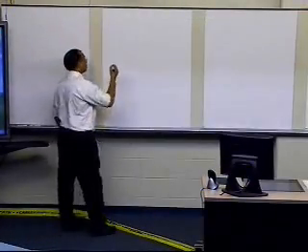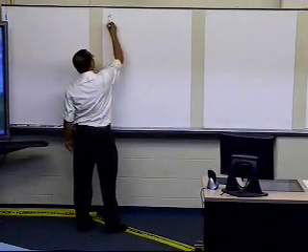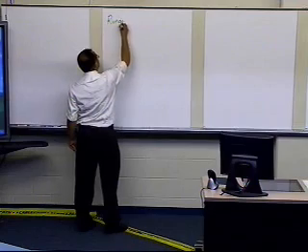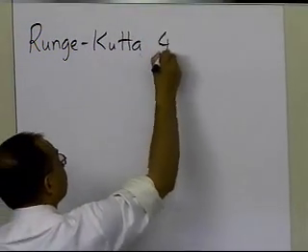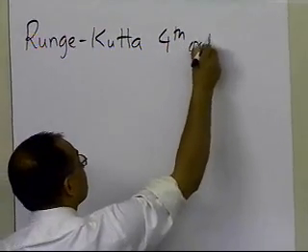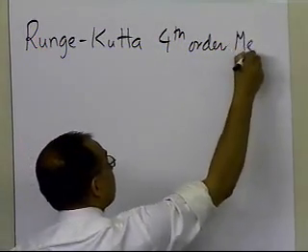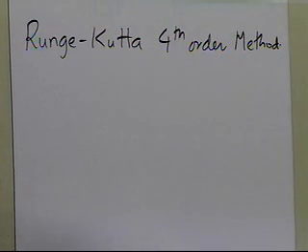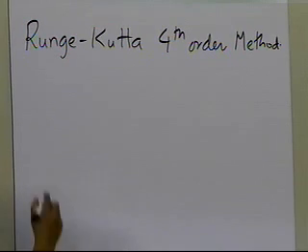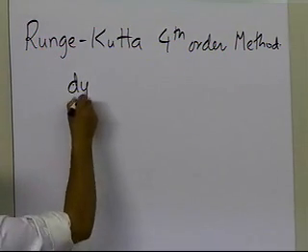In this segment, we'll look at the formulas for the Runge-Kutta fourth order method of solving ordinary differential equations. The Runge-Kutta fourth order method is based on the first 5 terms of the Taylor series. So actually, let's go and see what we're trying to solve in the first place.